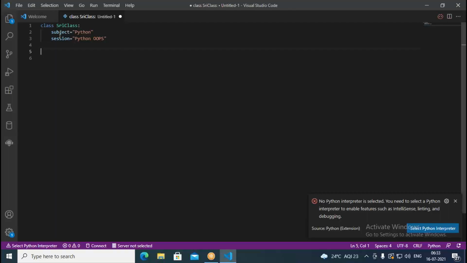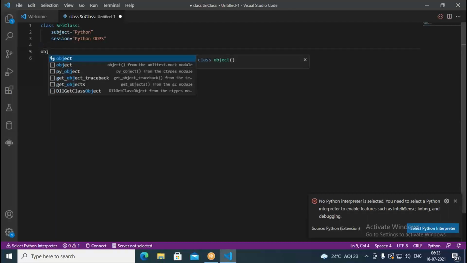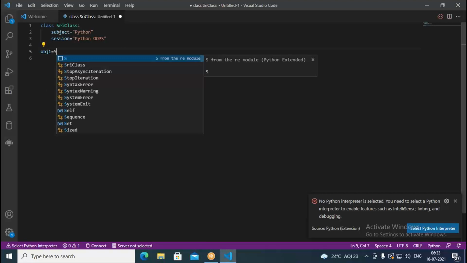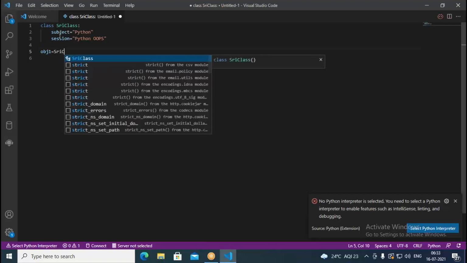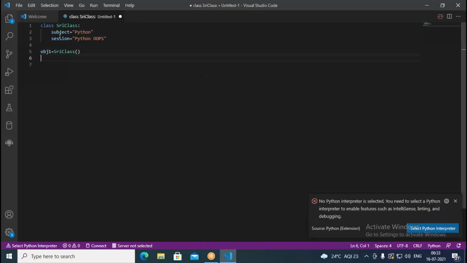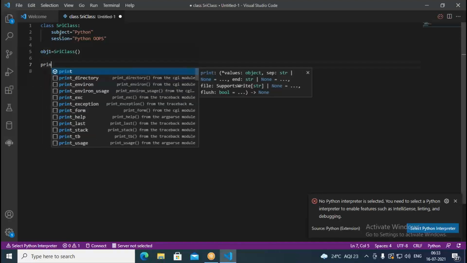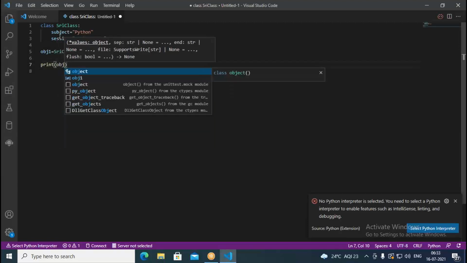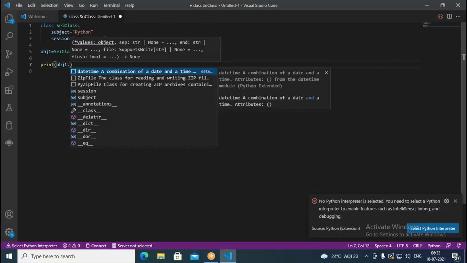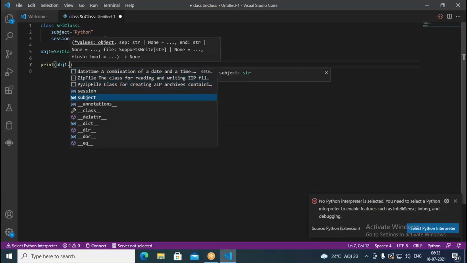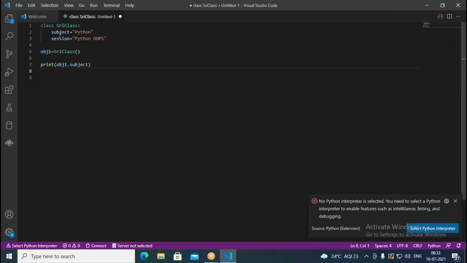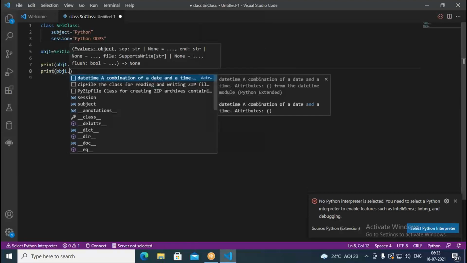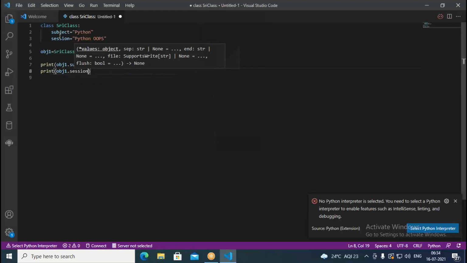I write object 1 equal to Sri class. So this is called an object. Once the object is created, I can write print object 1 dot subject. Similarly, print object 1 dot session.